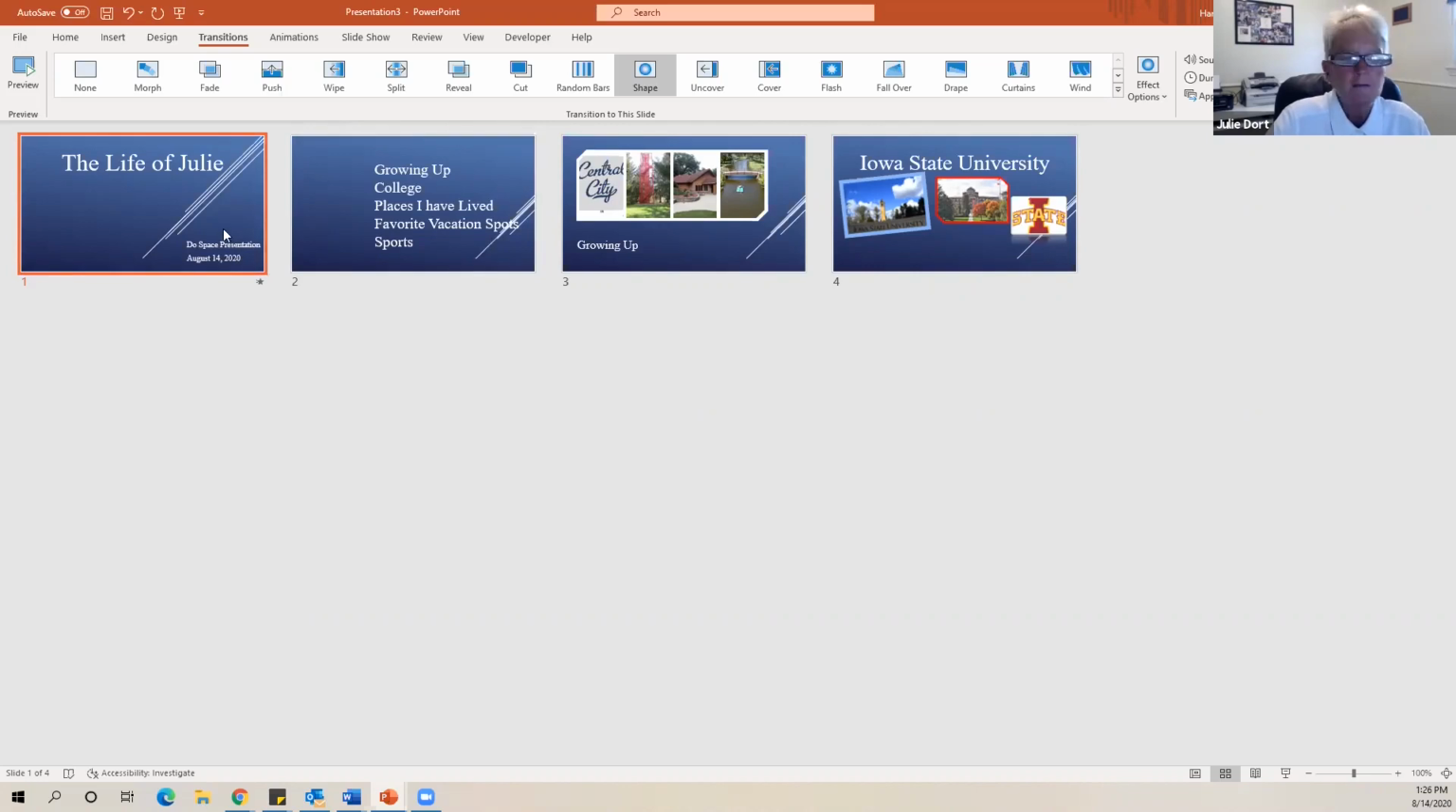Okay, so I have the number 1 selected, and I have a transition on that, and I know that because it's got a little star in the lower right-hand corner. Now you can do one of two things. You can select a different transition for each one of your slides if you want to, or if you like the transition, and this is what I typically do if you're putting together a professional presentation, I would encourage you to do this. Find the transition that you would like to use and come over here underneath timings